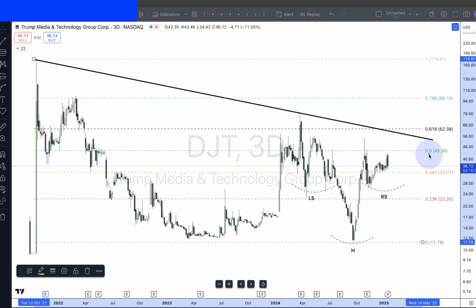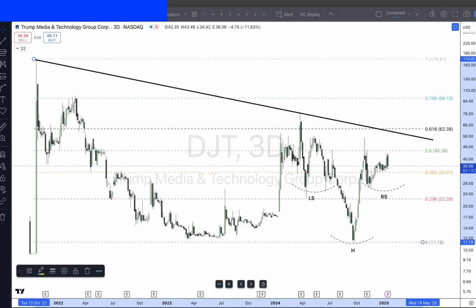Now here's what happens historically on this 0.5 fib number. The way I look at this is like the midline. If we drew a horizontal line this way, and then down here, this is literally the 50% midline of that horizontal rectangle, if that makes sense. The reason I'm telling you that is because when price does get above this 0.5, it is typically an explosive move to the upside. But again, time will tell, because this is going to take a little bit. Maybe a couple weeks, couple months max.